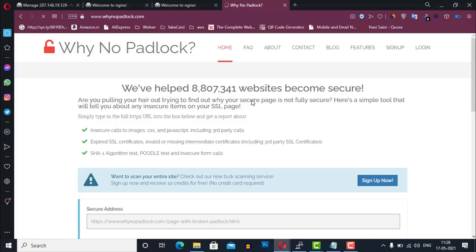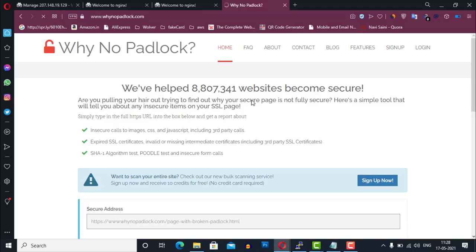Perfect. So we have configured our domain name and now it's time to secure it with the Let's Encrypt SSL certificate. Before we install it, let me quickly explain a little bit more about the SSL certificate. Well, SSL stands for Secure Socket Layer. Basically, this is a security layer that is used to establish a secure connection between the web server and web browser. This layer ensures that data which is passed between the web browser and server will be private and original.